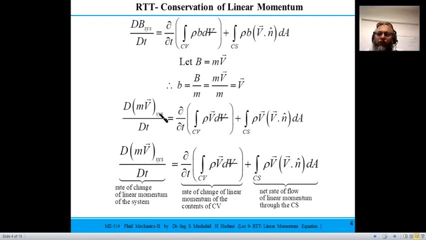So this term is about the rate of change of linear momentum, because this product of mass and velocity is a linear momentum. We'll talk later about angular momentum as well. So for today we will discuss only linear momentum. The rate of change of linear momentum of the system would be represented by the left hand side of this equation, Reynolds transport theorem. Once we substitute small b and capital B in Reynolds transport theorem, you end up with